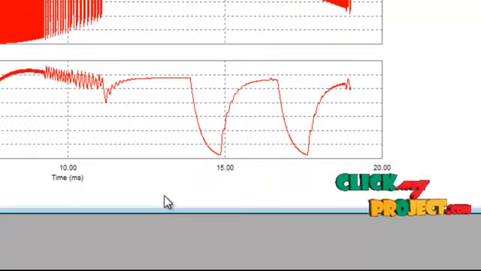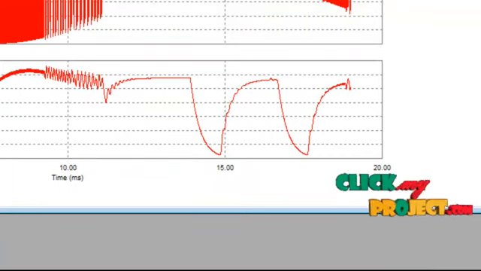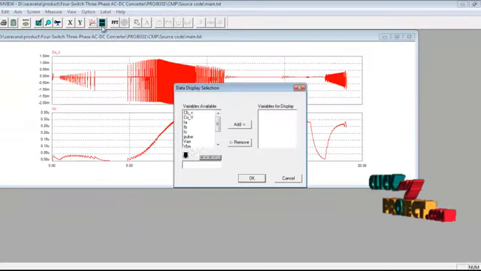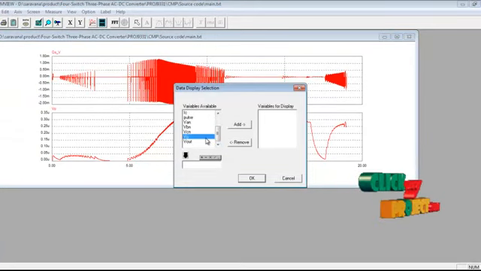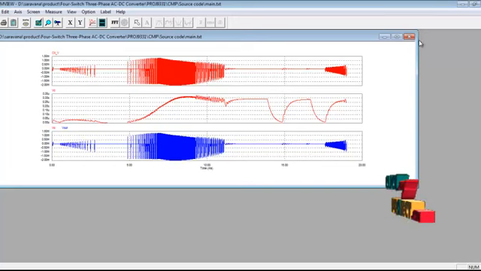V out will be added. We can plot the different ones one by one. So no issues, we can get the plot on the screen for V out. So we can generate the results.